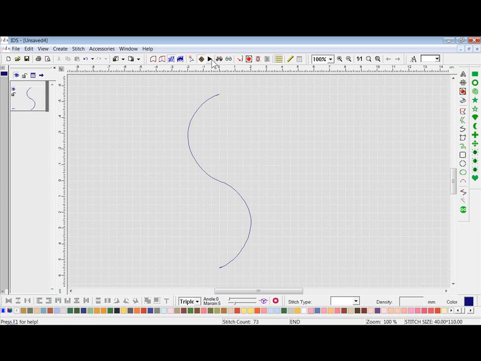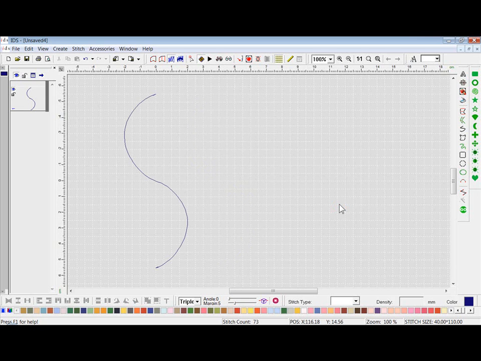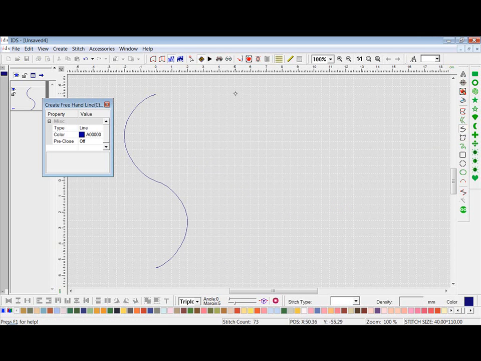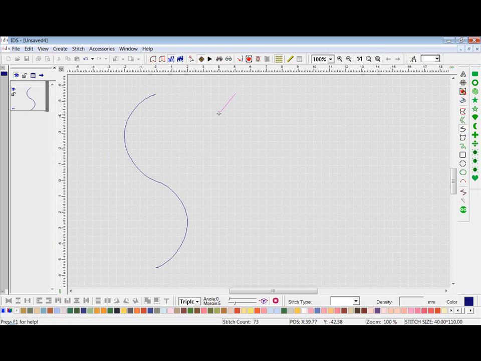We'll get out of the stitch player with a left click, and now this is good for cording because it is going to just go from one end to another. Now with creating shapes for cording, we do want to do the same thing in that we do want to digitize on a line. I will choose the create freehand line, and we will start on one end,